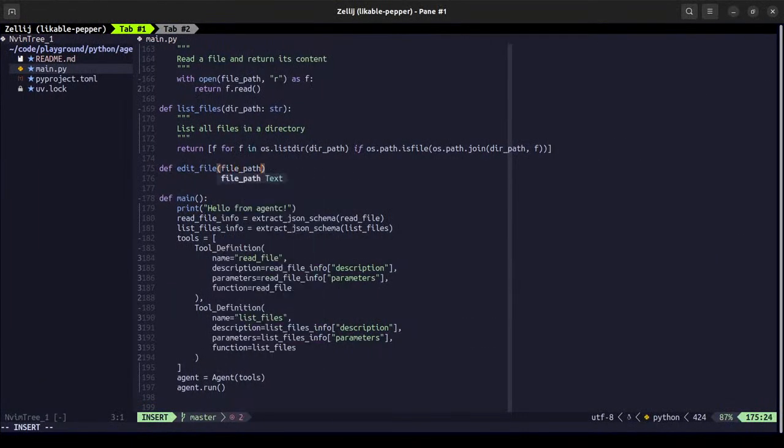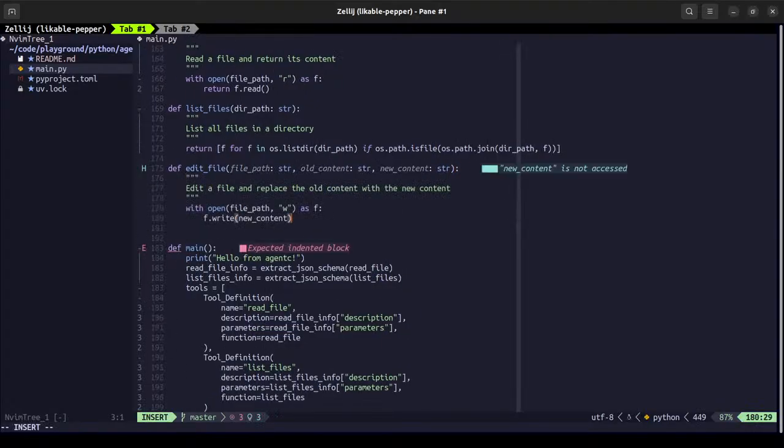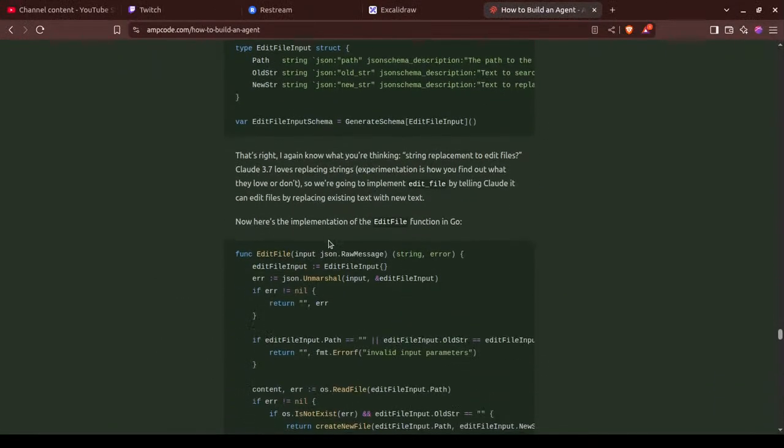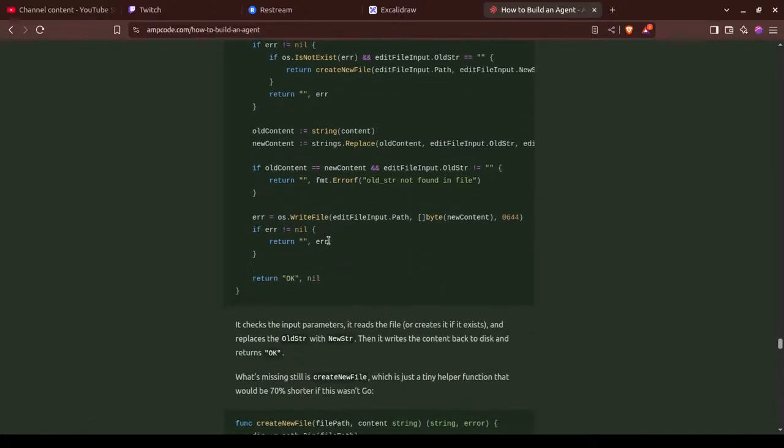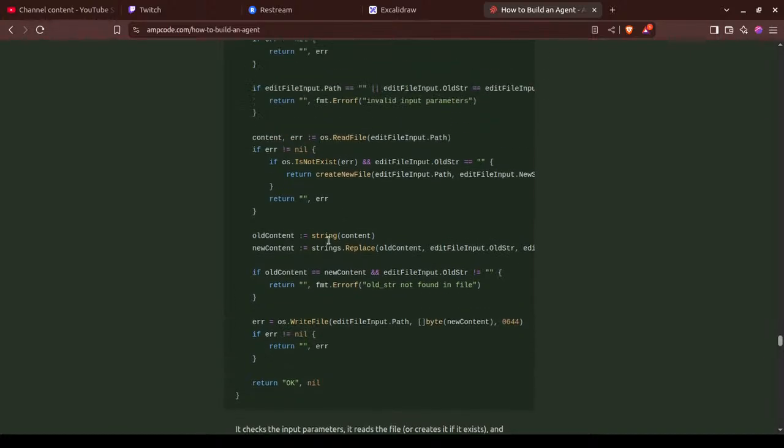So file path will be a string, whole content, and this will. Oh wait, so okay, okay.